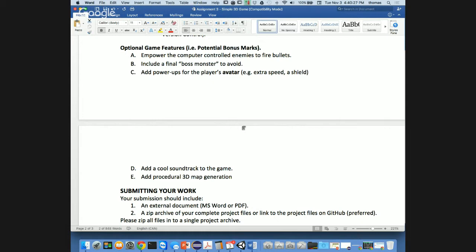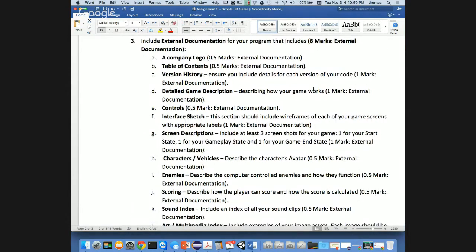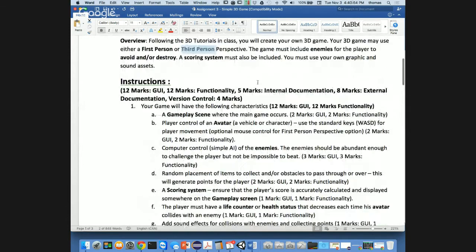We'll be talking about generating things like sound effects and muzzle flashes and particle effects and all this kind of stuff that we're going to add into your game to make your final game awesome, right? But we're going to continue to move through that week over week. So this week, I'm going to try and get this first-person stuff completely banged out so you have everything going. And at least the beginning of your game, you should start sketching out. But more or less, this is the outline for your assignment number 3.